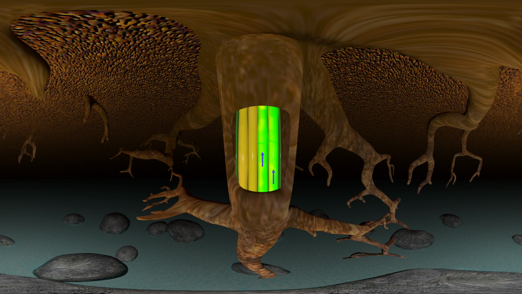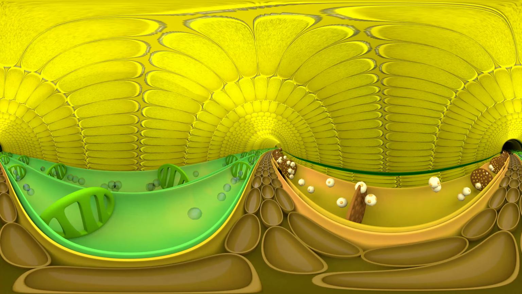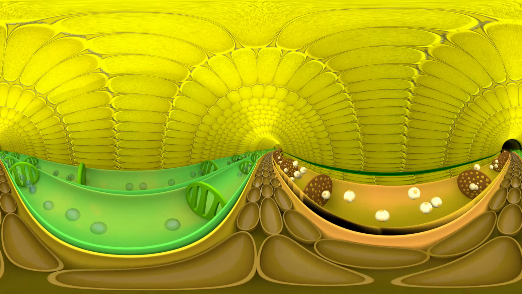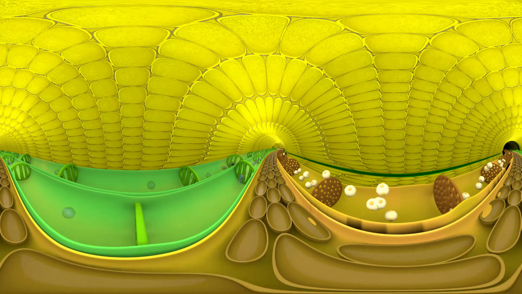The products of metabolic processes, particularly photosynthesis, are moved from leaves where they are formed to other parts of the plant. This transport of soluble products of photosynthesis is called translocation and it occurs in the part of the vascular tissue known as phloem. Besides the products of photosynthesis, the phloem transports amino acids and other substances.